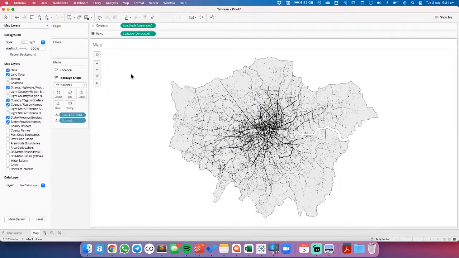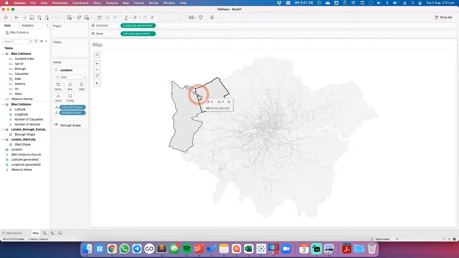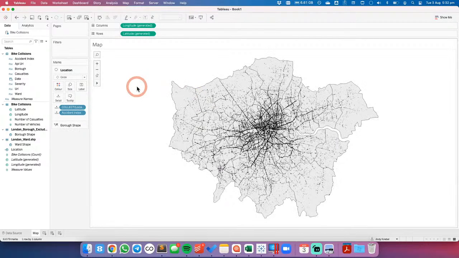Okay, all right, so what do we want to do here? We could set this up with a filter. I'm going to create an action so that when I click on a borough, it'll drill into that borough. To do that, I can use either a set action or a parameter action in this case, but I'm going to use a set action because if I lasso more than one borough,